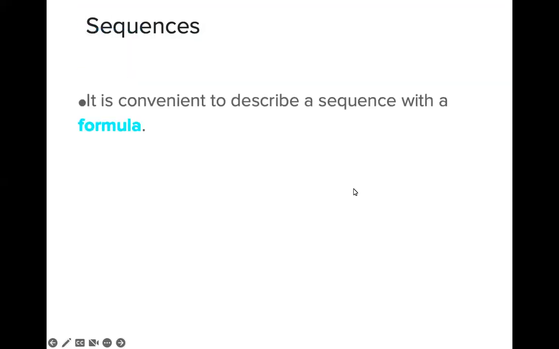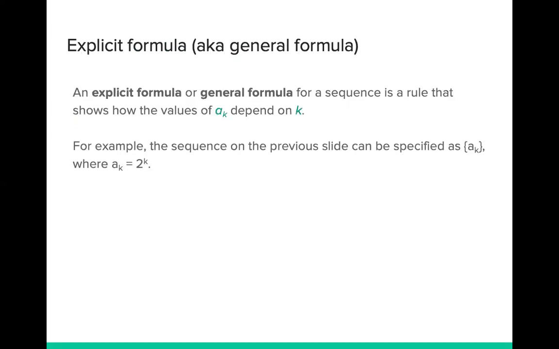So it is convenient to describe a sequence with a formula, and we can also call it an explicit formula or the general formula. An explicit formula or general formula for a certain sequence is a rule. And this rule shows how the value of each term a sub k will depend on k. So for example, the sequence in the previous example that I have given you may be specified as a sub